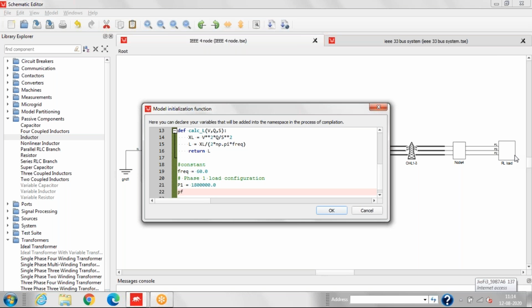Now the power factor will be, and similarly we'll calculate the apparent power, which will be equal to.